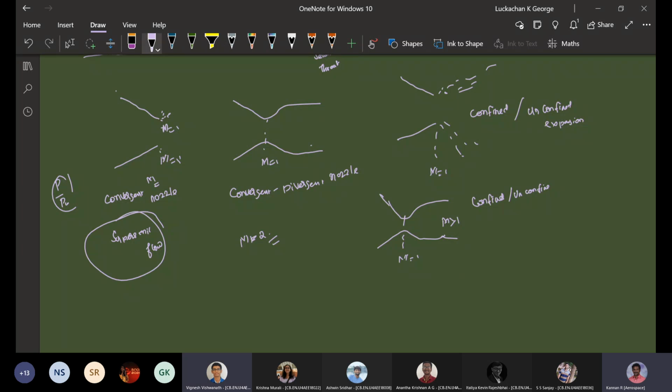You can put a divergent portion, but you look at how much cost you are going to pay for fighter aircraft controls. You can't simply keep the controls over there. In a supersonic fighter, you are going to add mass flow rate through your afterburner, or otherwise through water-methanol injection. There also you are going to add mass flow. So automatically you need to go for a variable area nozzle.